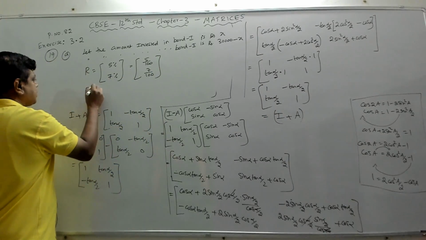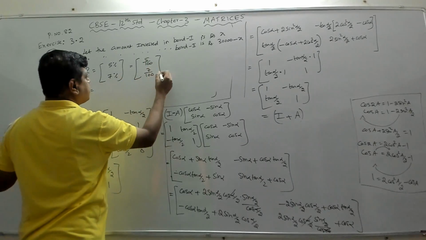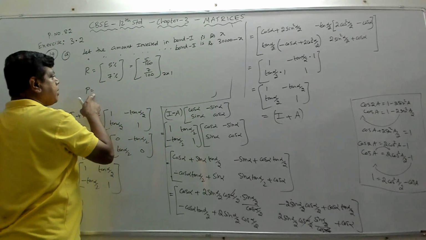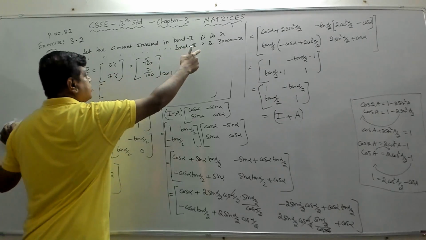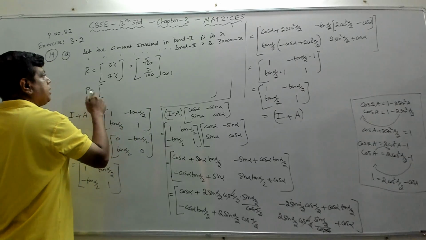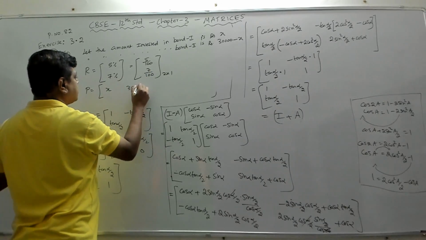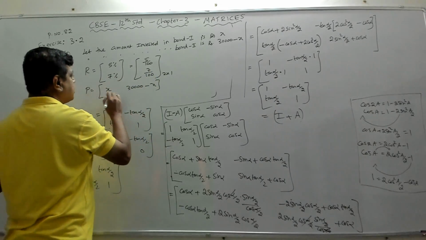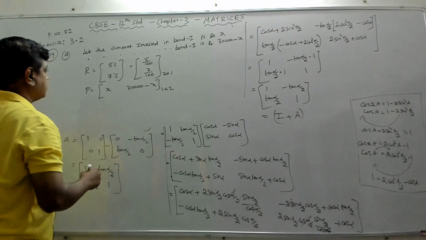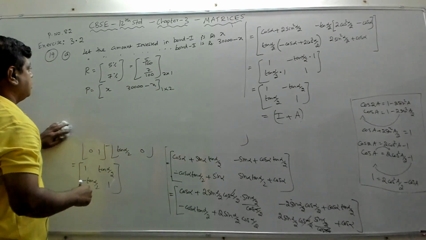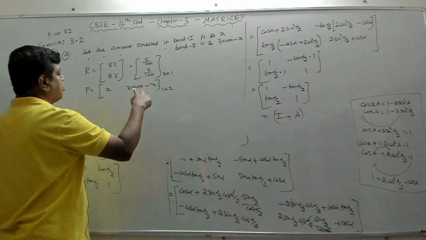Now what is the principal matrix? The principal matrix we will take as a row, because only then we can multiply this and this. The order of the rate matrix is 2 cross 1, so we will take the principal matrix as 1 cross 2, opposite of this. This is the principal that you are going to invest. We call it P, so that will be X for the 5% bond and 30,000 minus X for the 7% bond. So this is your principal matrix. The order is 1 cross 2. Right? So R is 2 cross 1 and P is 1 cross 2.